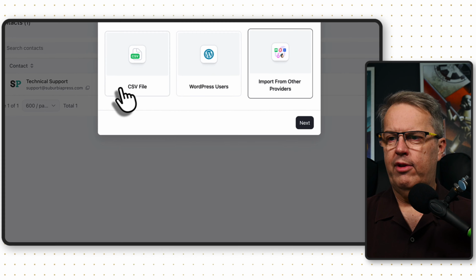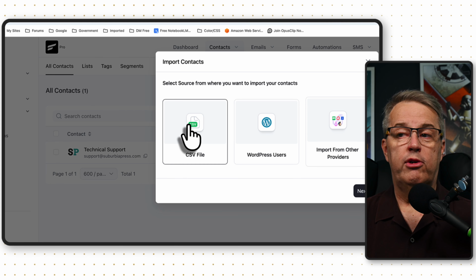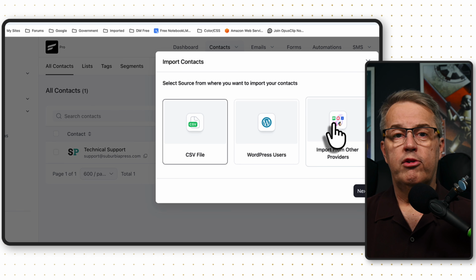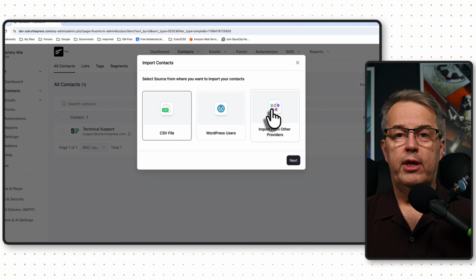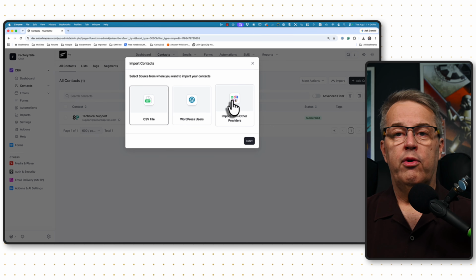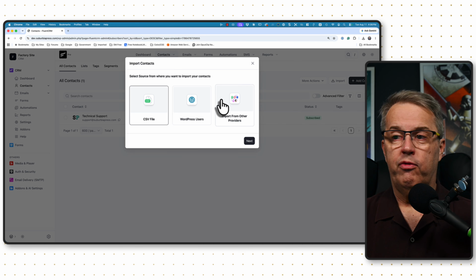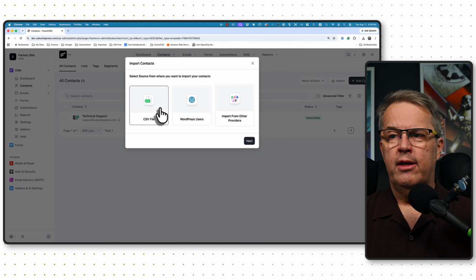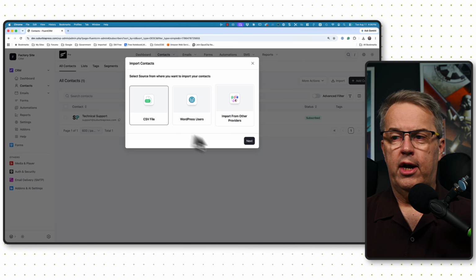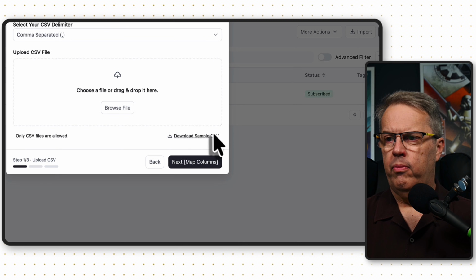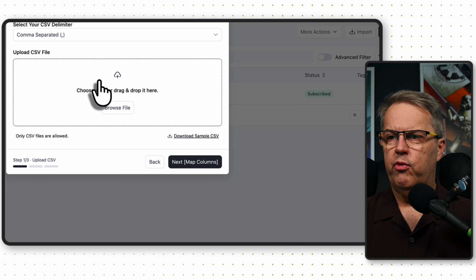I kind of prefer having the CSV file myself, so that's why I chose this method. But if you're using one of those services, there's a way that you can import into FluentCRM. If you're leaving, let's say, kit.com and going to ActiveCampaign, I know the CSV file import will work. I don't know if they have a direct import from others, but that's the idea. CSV is pretty much a universal file format for importing contacts. So we're going to click Next,